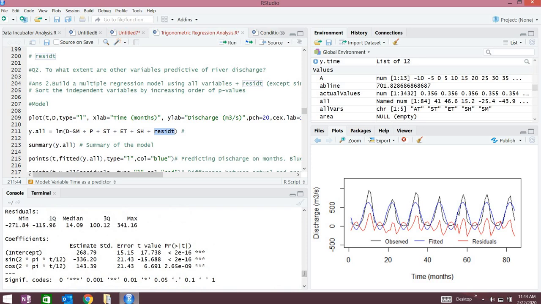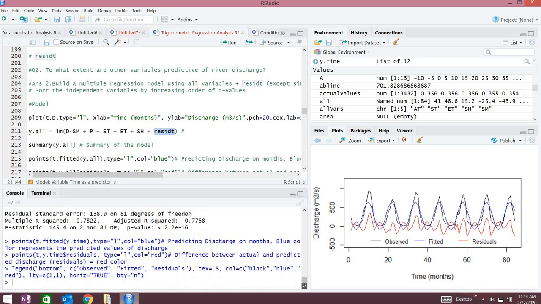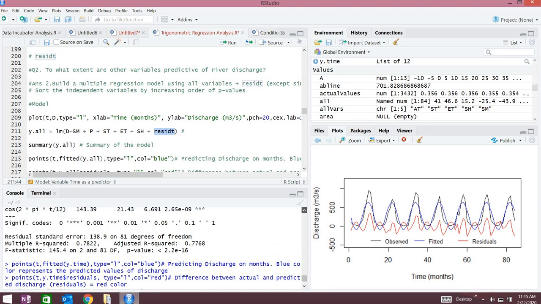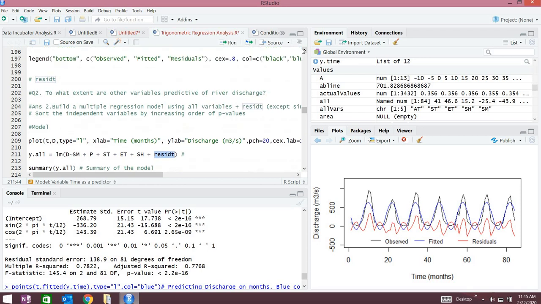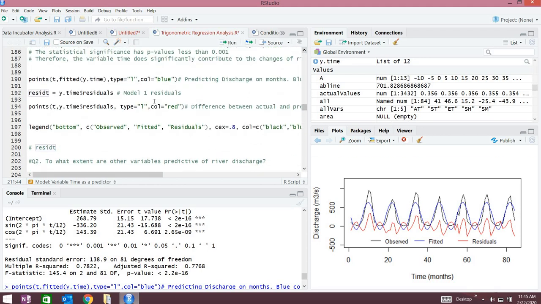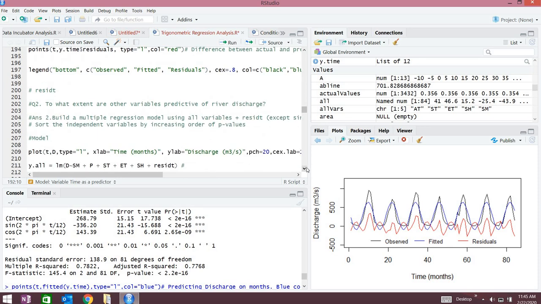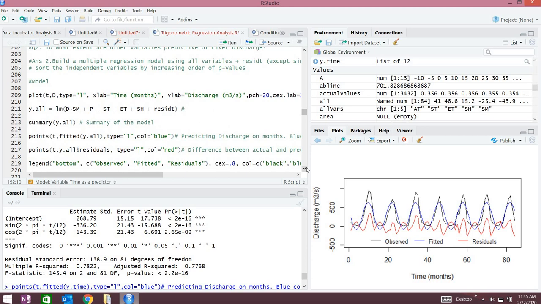We have a residual here. Yep, this residual. We include the residual. It's here. We add all the variables we have,